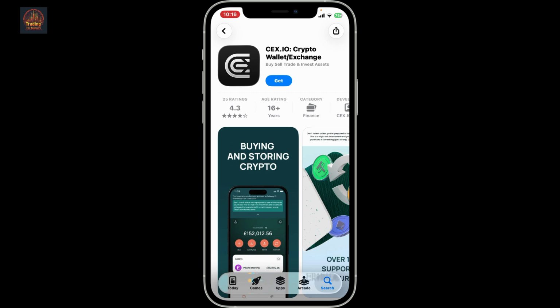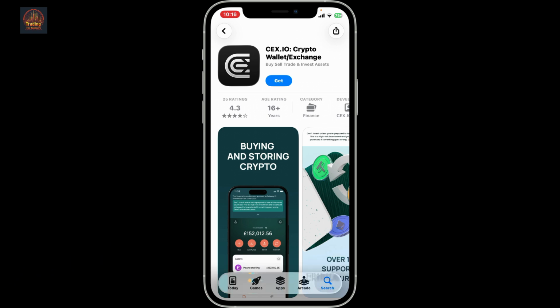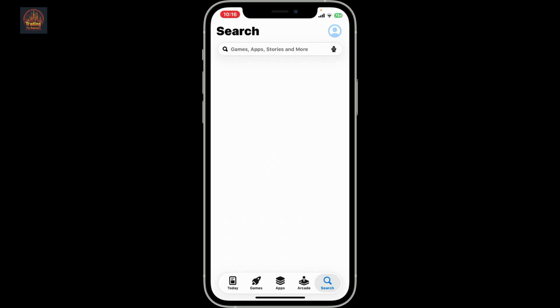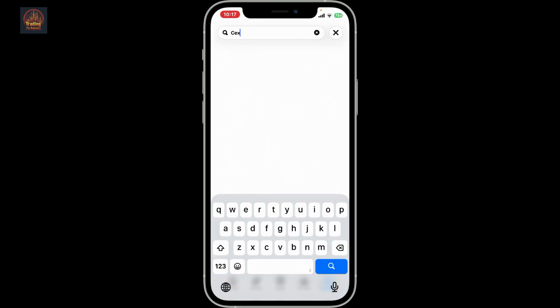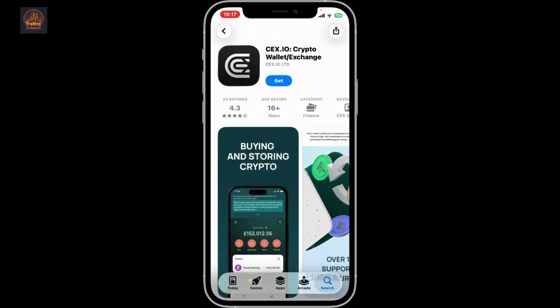Today we will be learning how you can easily download and install the cex.io application on your smartphone. So the first thing to do is to make sure that the device you're using is connected to a stable internet, and then open your Google Play Store or App Store. In the search bar, type in cex.io and search. Look for this application from cex.io Limited and tap on the Get or the Install button to